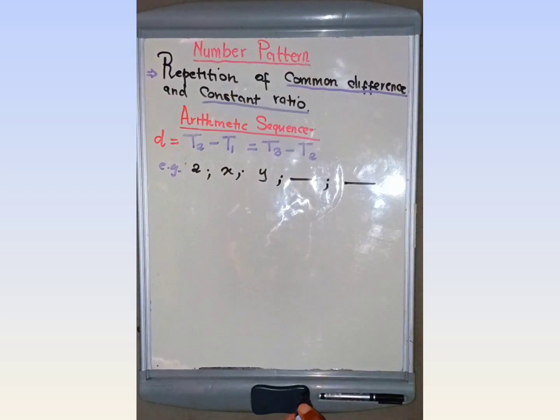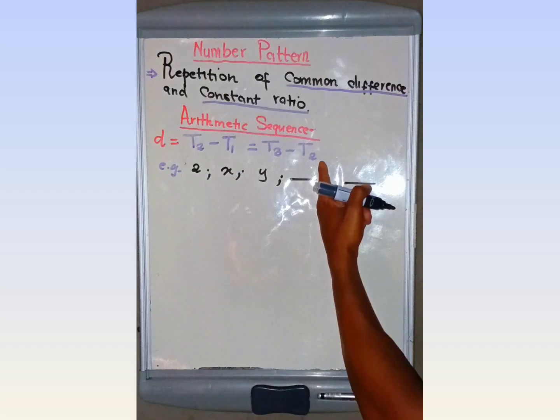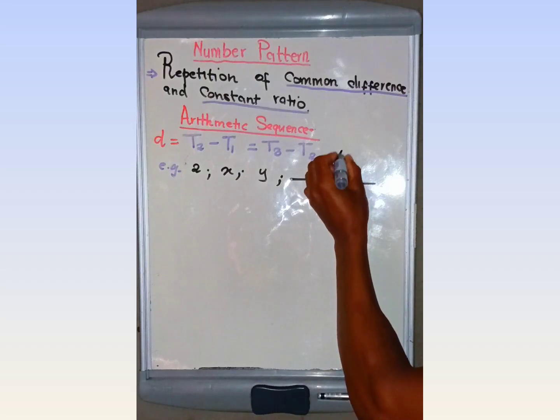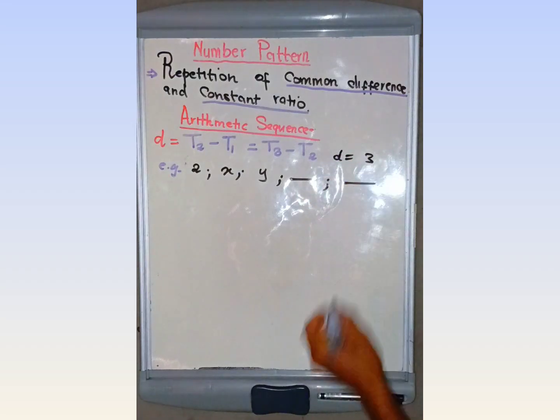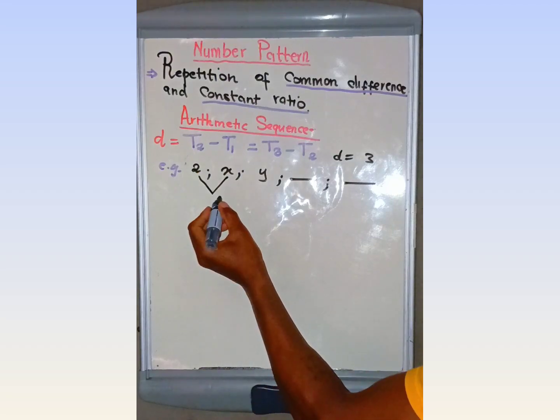All right, then after that, they're just going to say calculate or determine the value of x and y. If the common difference, since it is arithmetic, the value of d is equal to 3. Remember, we always get a common difference only if we say term 2 minus term 1,